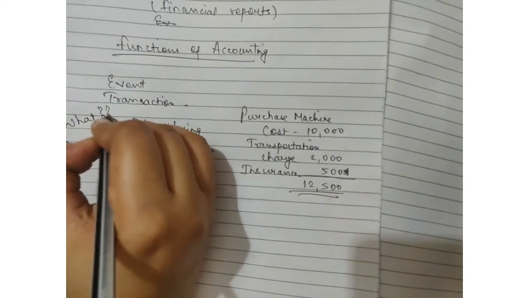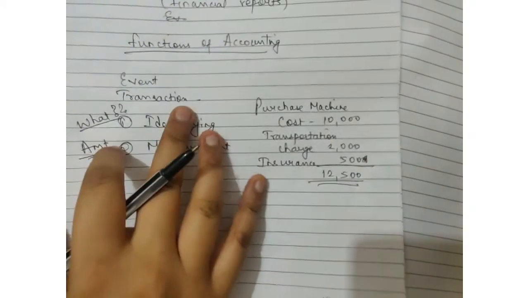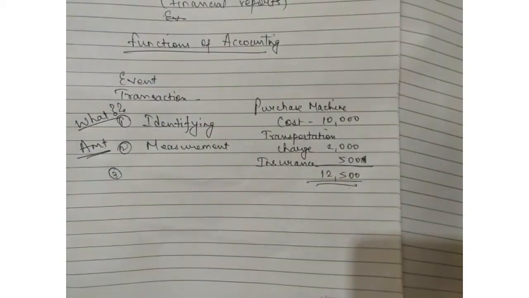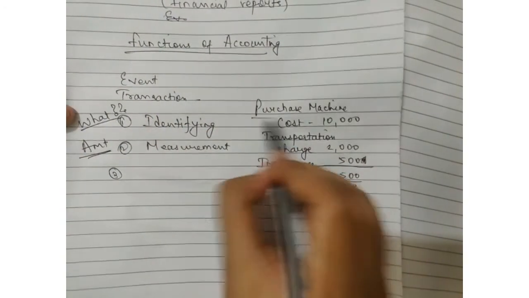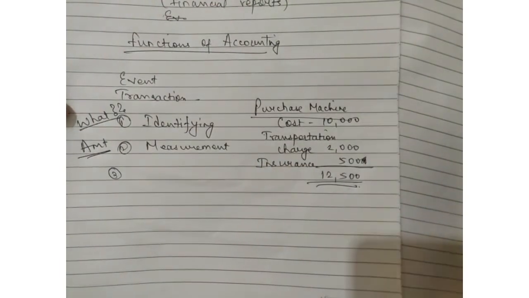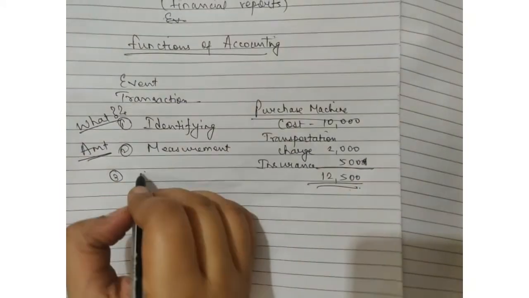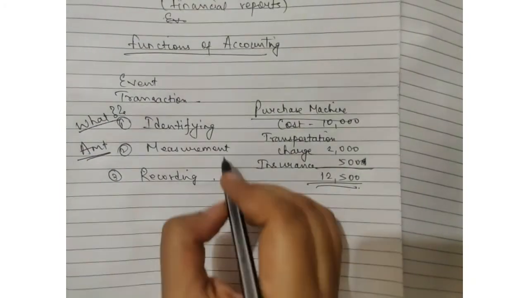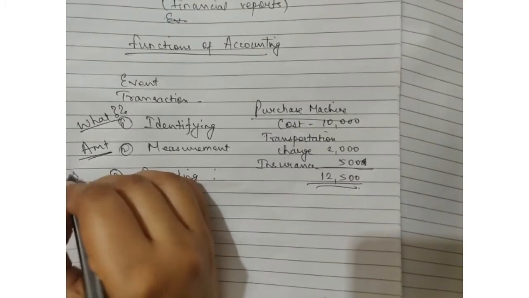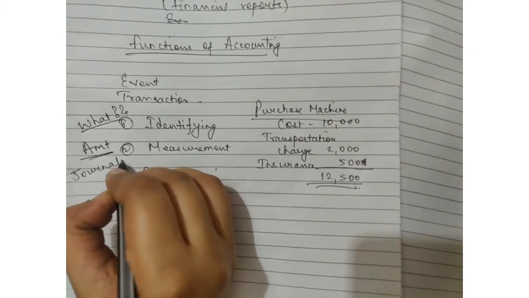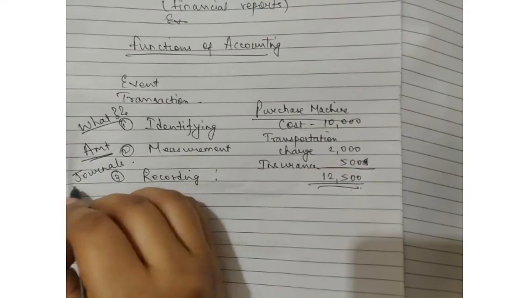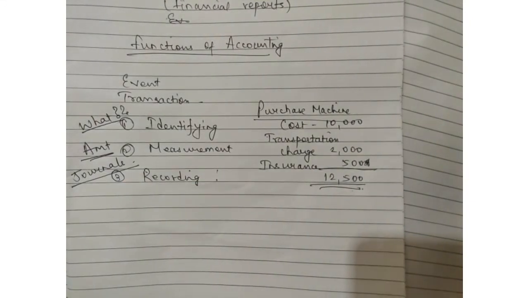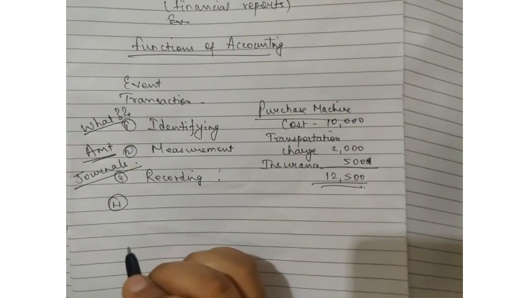Identifying is what transaction should be recorded. Now third, we have decided that we have to record the purchase of machinery at 12,500. The next activity is recording that transaction. This is done in the form of journals. It is done in a chronological manner, that is, as and when the transaction occurs. Now, next,